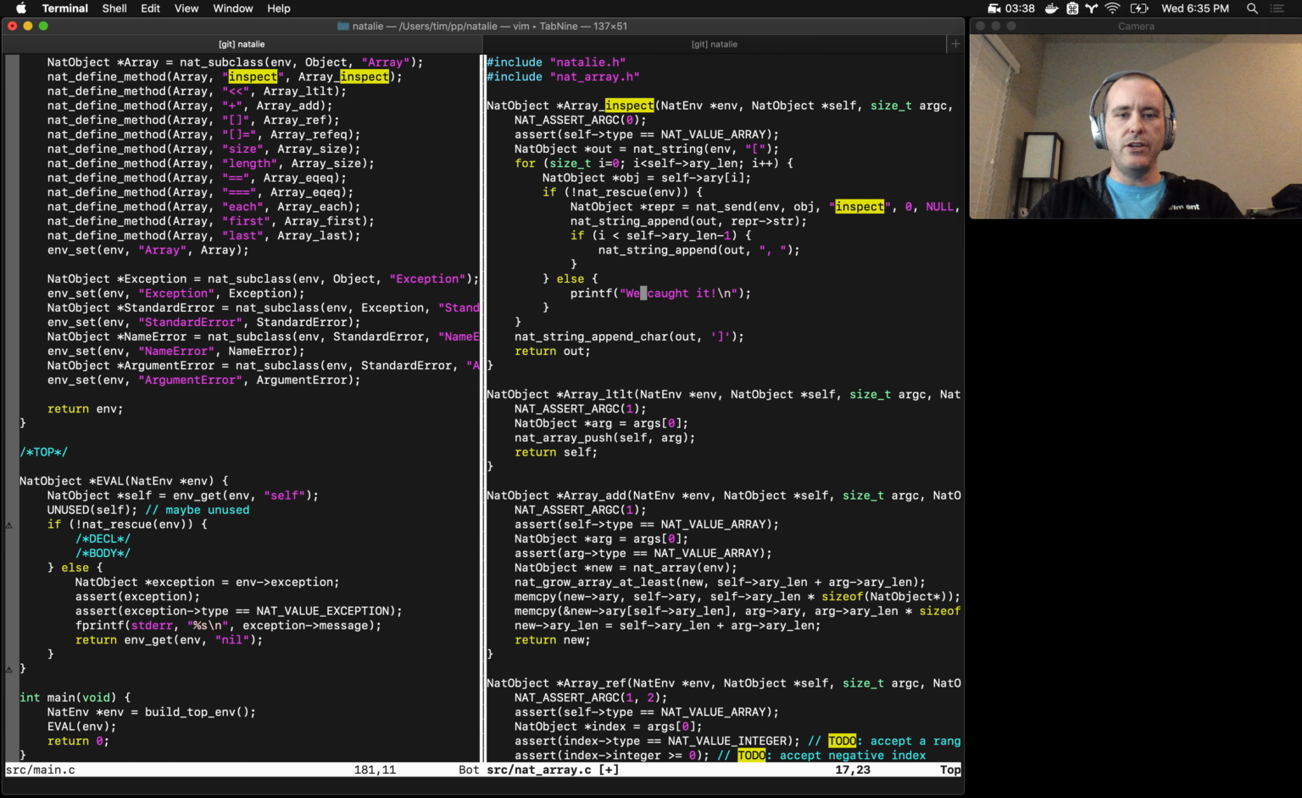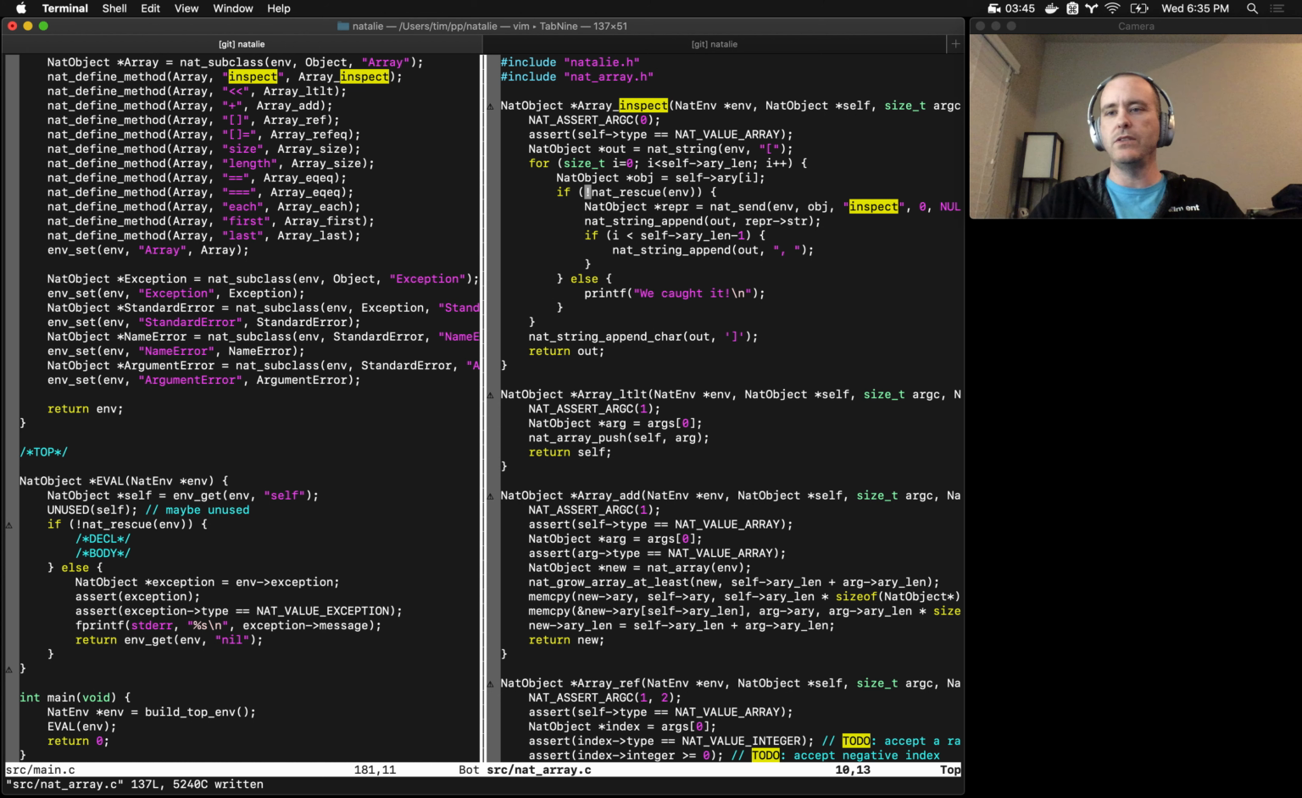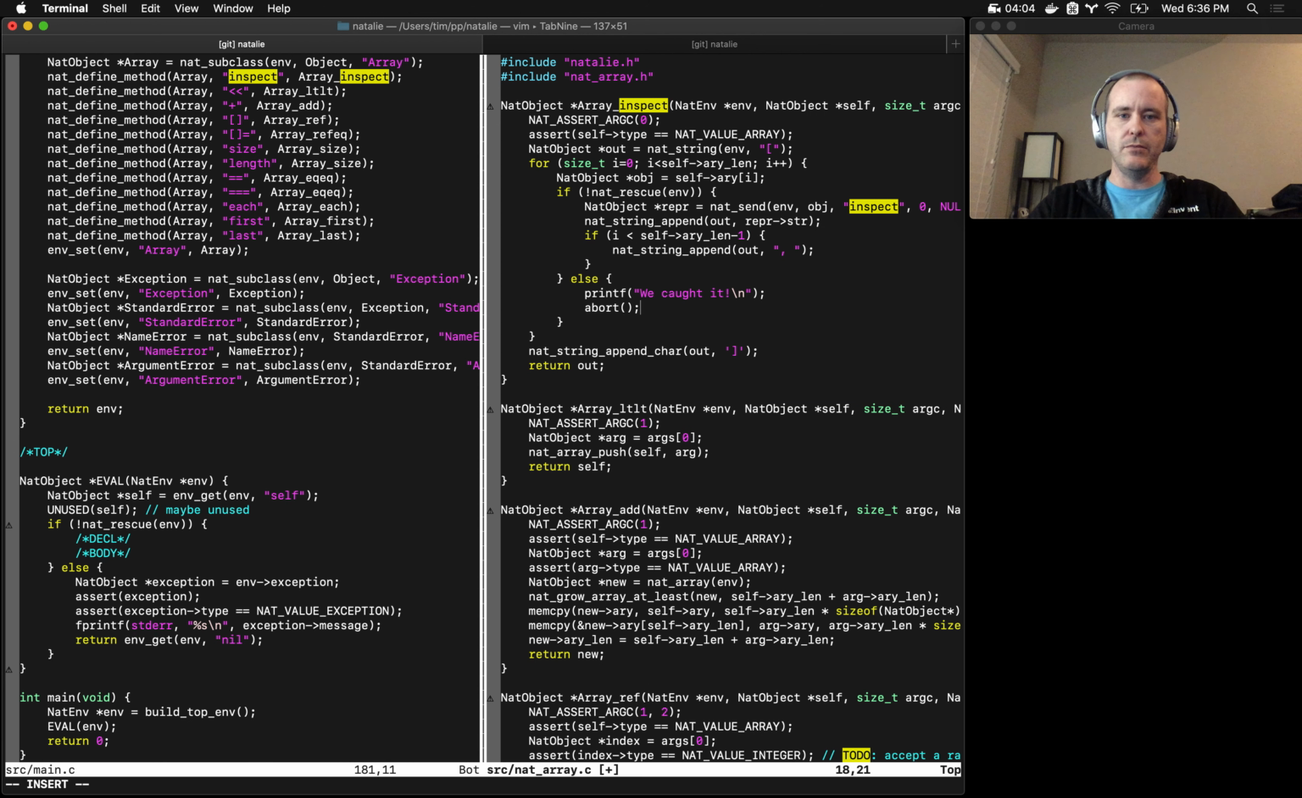Now this isn't actually code I want to write. I won't leave this in, but it's a little stub for me to work off of, because this is really close to what the generated C code will be when you include a begin rescue block in Natalie code. It will generate something like this, and since I'm working inside out, I want to pretend like this is what was generated, and we'll just call abort here. And if we can get this to work with an invalid inspect,